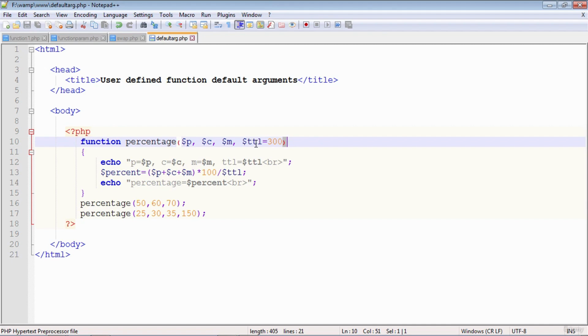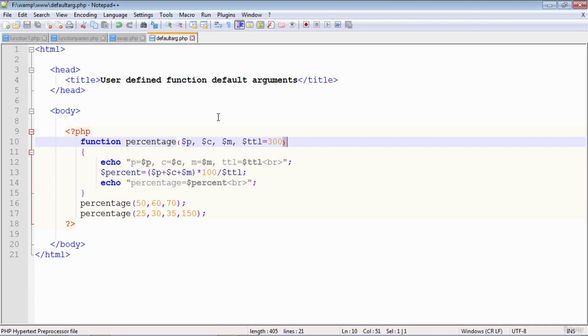The idea is that when the function is called, it will send the values of PCM, but the assumption is that generally the marks of PCM, physics, chemistry, mathematics, are out of 100. So the total marks are